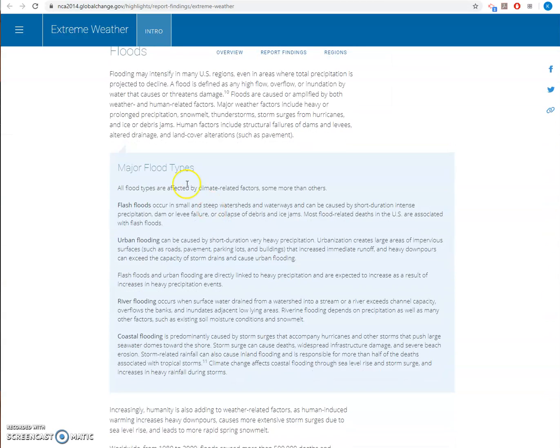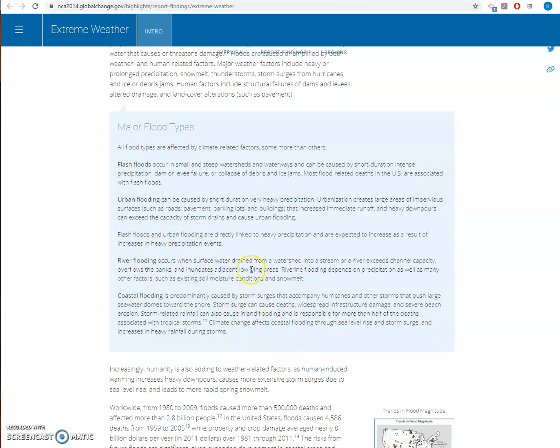Flooding tells you a lot about the types of floods. You got your flash floods, you got your urban floods, you got your river floods, you got your coastal floods. You can kind of see how that works. Coastal floods are related to storm surges from hurricanes and other things, right? River floods have to do with water from one area flowing into a river. So we've got the Scioto or the Olentangy, that you guys probably are more familiar with the Scioto, but water from our area flows into our streams and channels and then down into that bigger river.